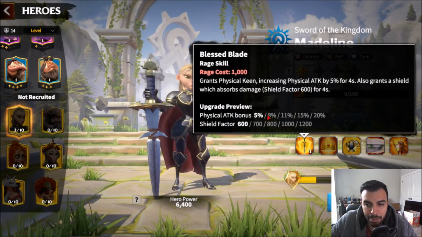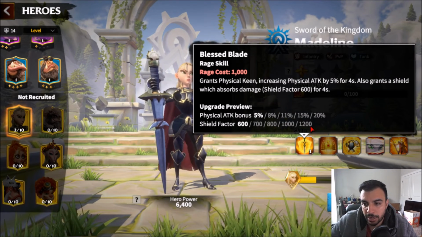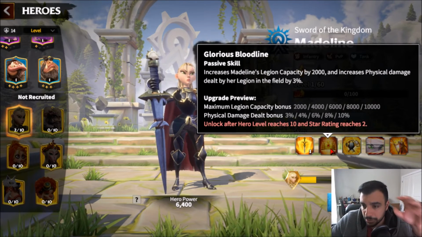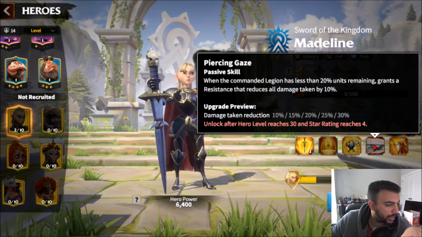I like the active, which we talked about before, right? The physical attack bonus to 20%, the shield factor at 1,200. And then we have 2, which is the max legion capacity bonus up to 10,000, physical damage dealt bonus at 10%. And then I got the 4, which is...